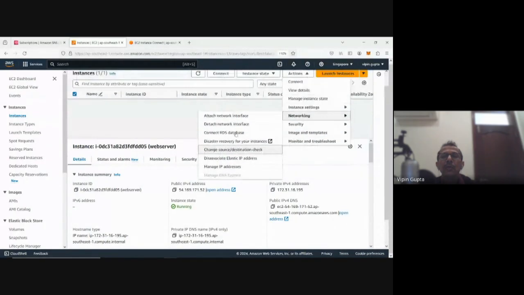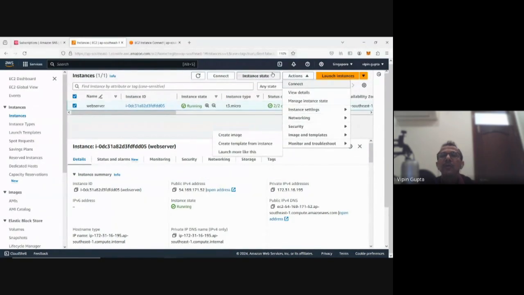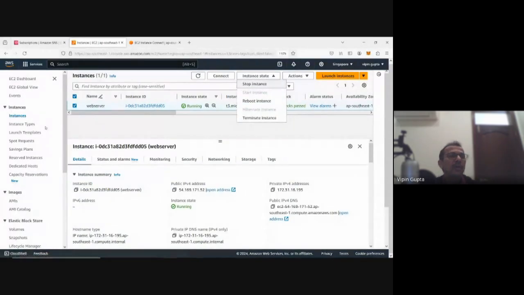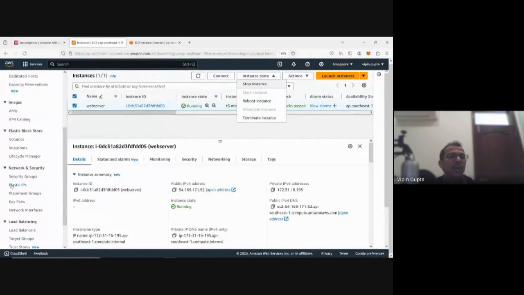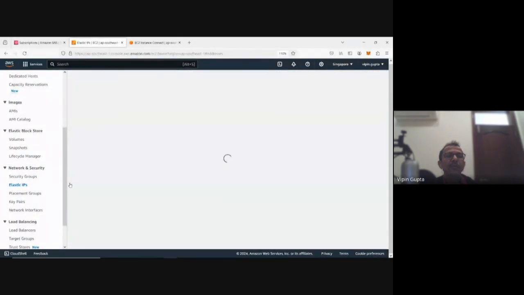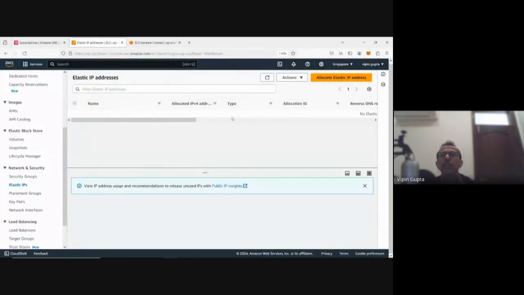It is not showing that information. Security, images. Sometimes the menus get confusing. So let me go to that elastic IP. And in your case, please do not try to create this elastic IP, because this is going to incur certain cost. So in our case, what we want,